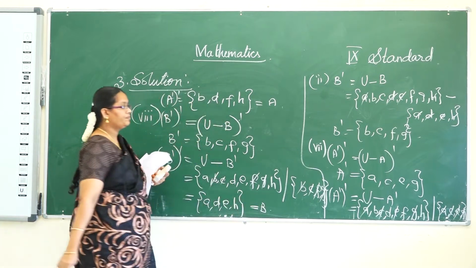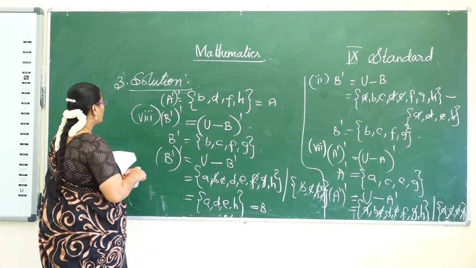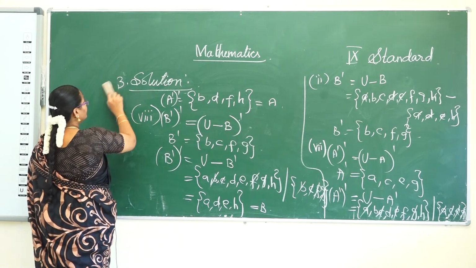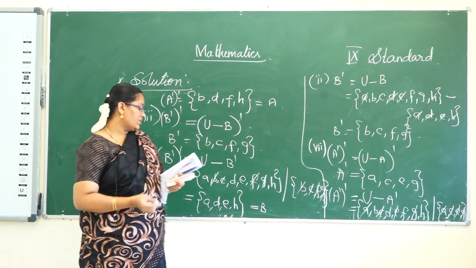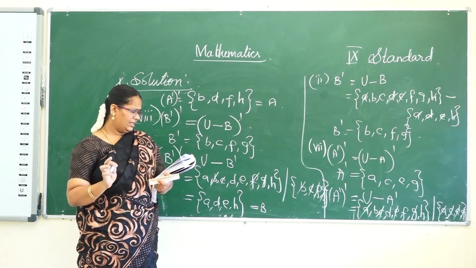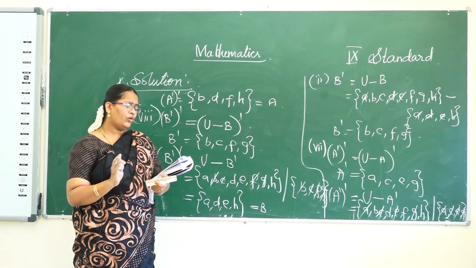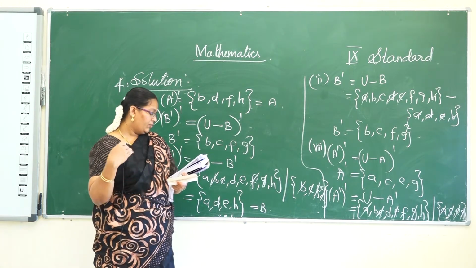Okay. So for the remaining problems, do the homework. And the next one, the fourth one. Let U be equal to some given elements. I hope you all do the easiest one. So the fourth one is fully homework. And then the fifth problem.